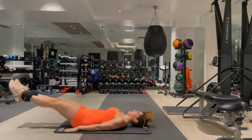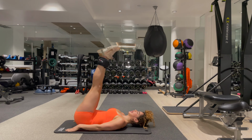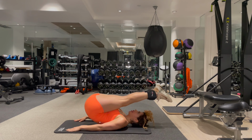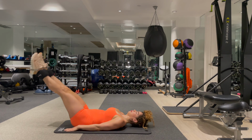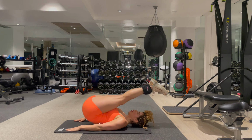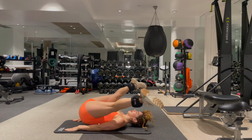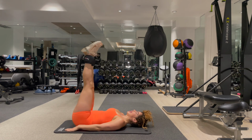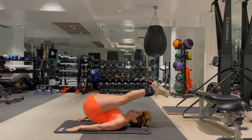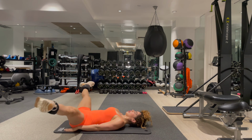5, open. Use the lower abs to start to lift those hips. 6, and touch. 7, lower down. 8, we got 2 more. 9, squeeze those quads. 1 more. 10, bring it back